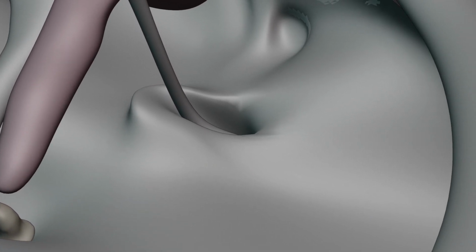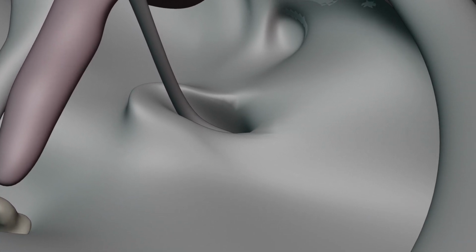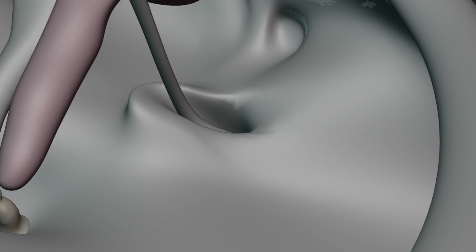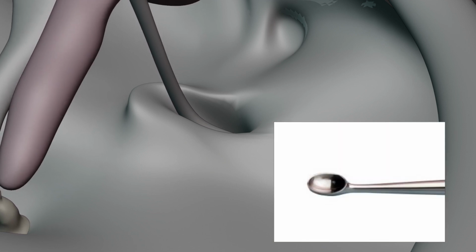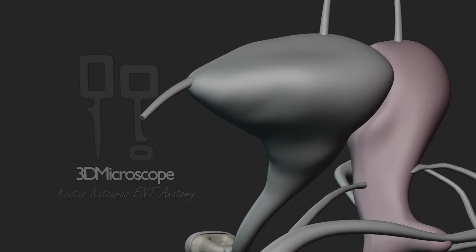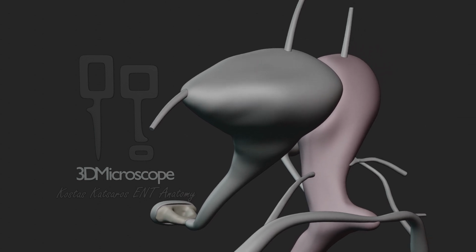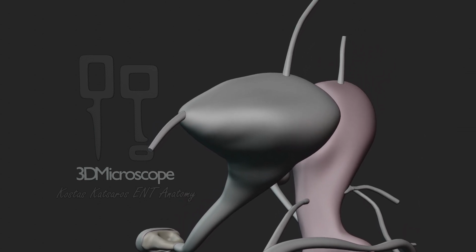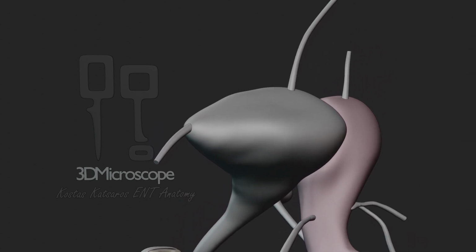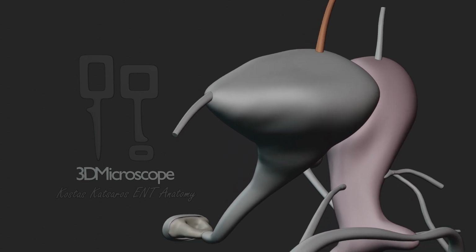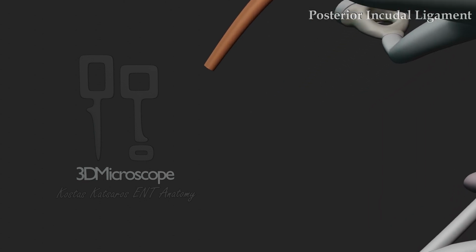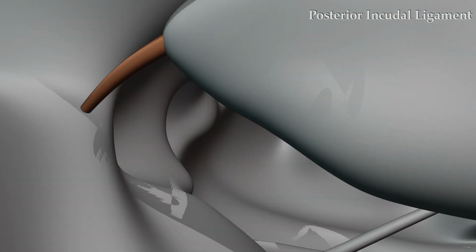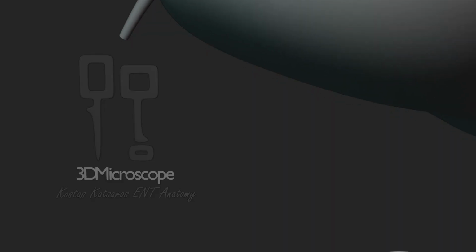Check the spatial relationship of the cochleariform process at the medial wall and its resemblance to cochlearion, the Greek word for spoon. Incus has its own 2 ligaments. These are the superior incudal ligament hanging the incudal body from the tegmen and the posterior incudal ligament attaching the short process to the incudal buttress, the bony ridge between the lateral semicircular canal and the tympanic bone.